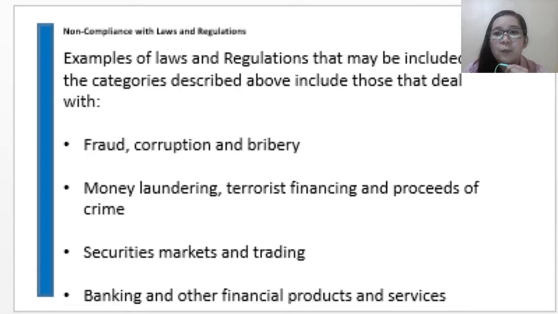Okay, so examples of laws and regulations that may be included in the categories that are described include those that deal with fraud, which of course is a violation of the law, corruption and bribery, and money laundering. So money laundering is